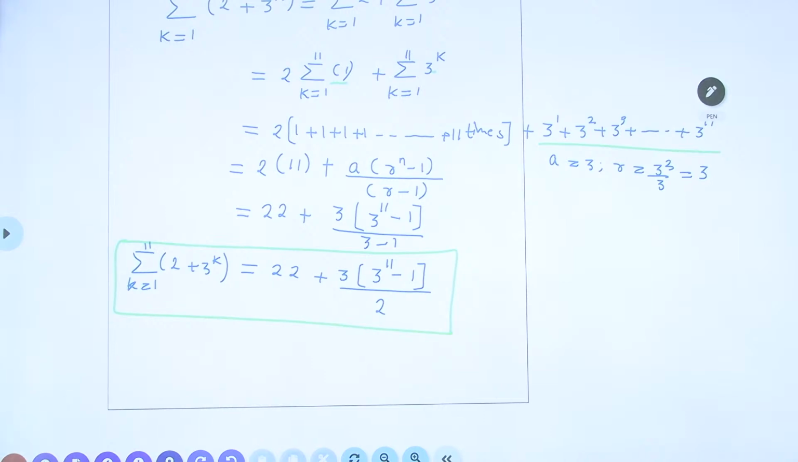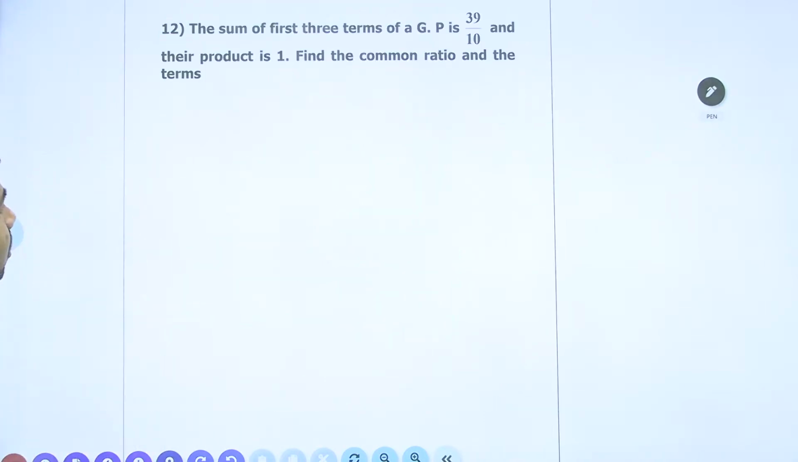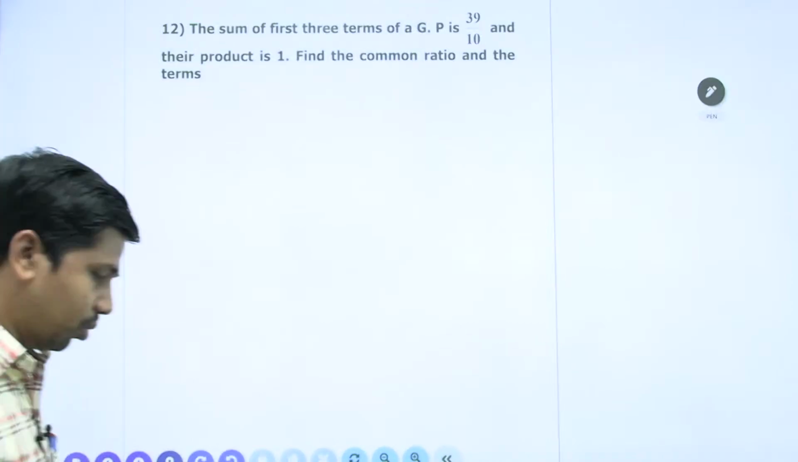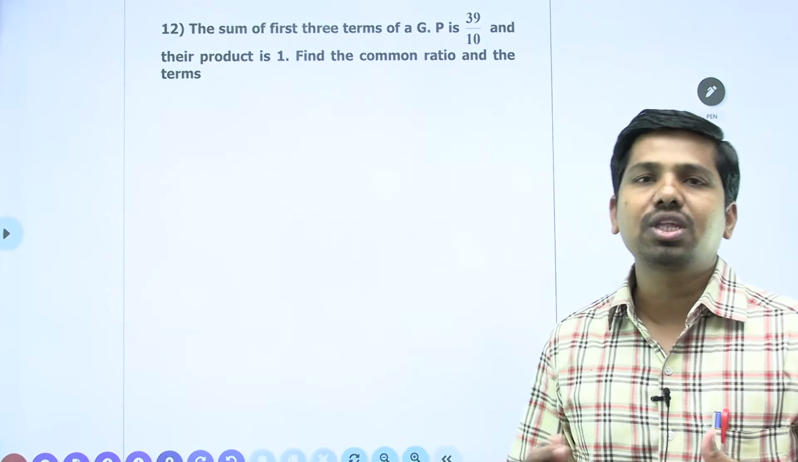Now let us go for the next question. The sum of the first three terms of a GP is 39 by 10 and their product is 1. Find the common ratio. So whenever he has given three terms in GP, those three terms in GP